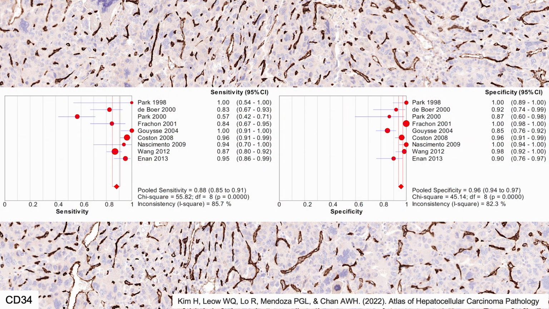CD34, which is commonly available in most labs, is an effective marker for HCC, boasting an 88% sensitivity and 96% specificity. However, it's worth noting that a minor fraction of other liver lesions, specifically about 3% of focal nodular hyperplasias, 21% of hepatocellular adenomas, and 4% of high-grade dysplastic nodules also demonstrate complete sinusoidal capillarization with CD34 staining. We'll be discussing this diagnostic marker for HCC in greater depth in an upcoming video.